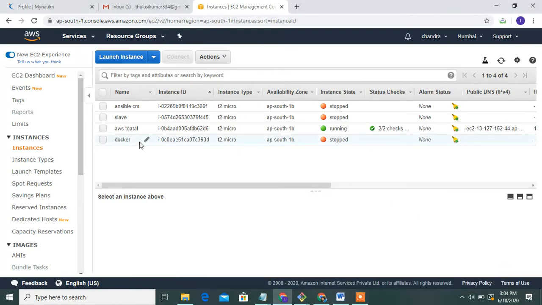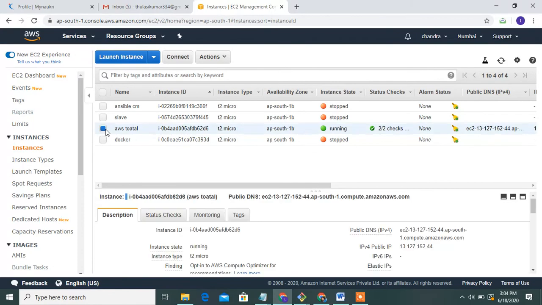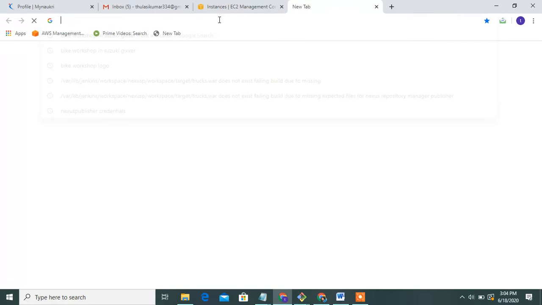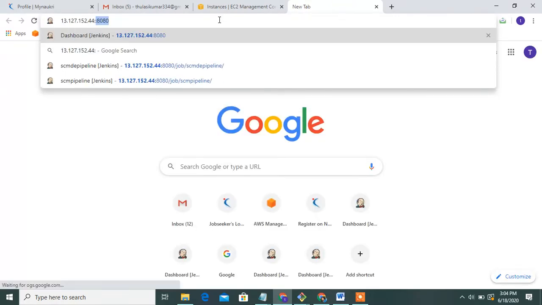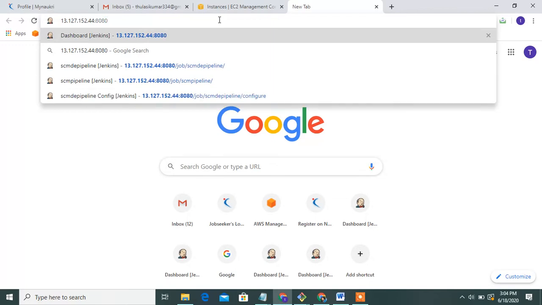First of all, run my Jenkins server, copy the public IP address and paste it here. My Jenkins port is 8080.